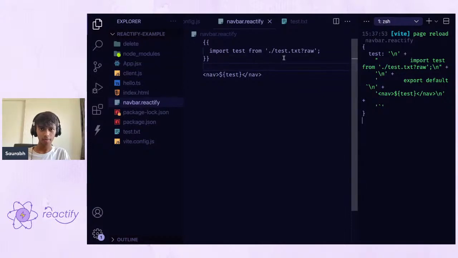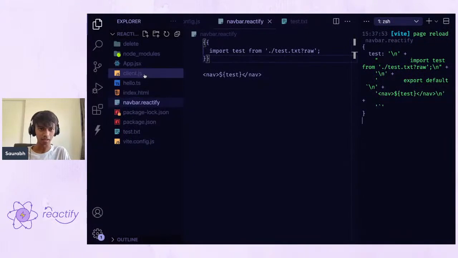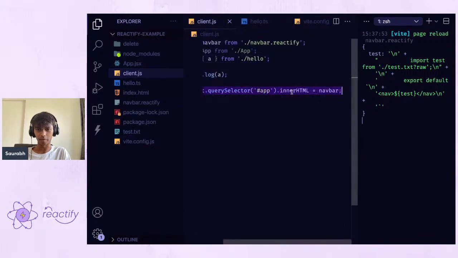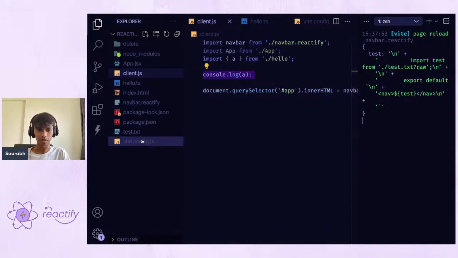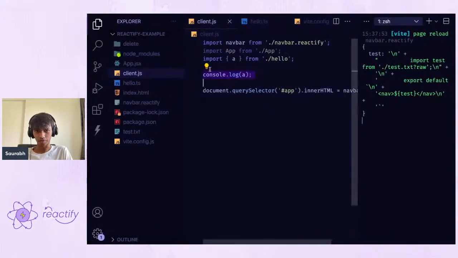Okay, so the path didn't work because path is a Node native module, and we are not really doing SSG as such here. We are doing client side rendering with this innerHTML. The path would work if you're doing SSG or SSR. So there is a different setup for SSG and SSR in Vite. You can check out their SSR documentation. They have some examples on SSR and SSG. But yeah, for client,